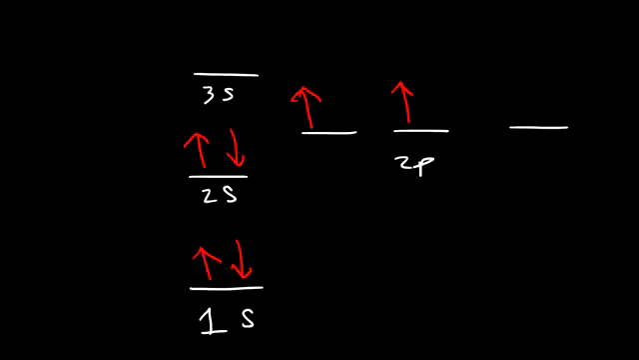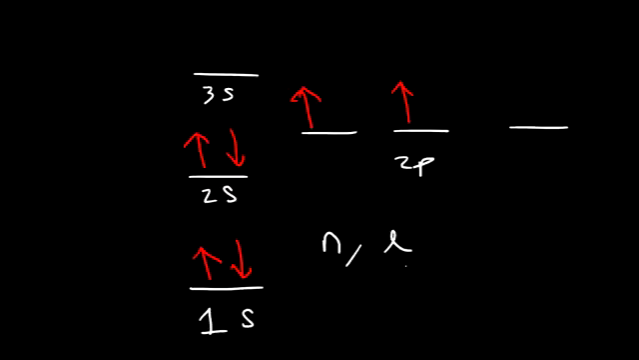Now the last thing that we need to talk about is Pauli's exclusion principle, which basically states that no two electrons can have the same set of four quantum numbers. And those four quantum numbers are n, the principal quantum number, which describes the size and the energy level of the orbitals. And then you have l, the angular momentum quantum number,